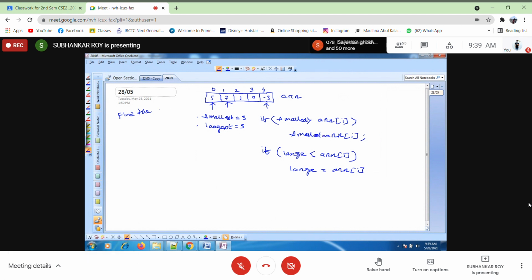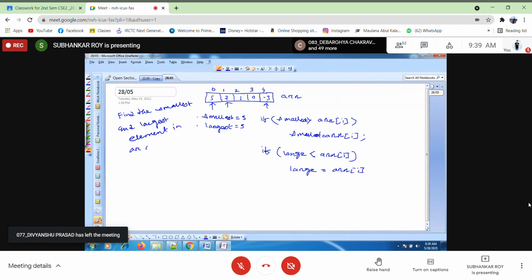Find the smallest and largest element in an array. That is the question.